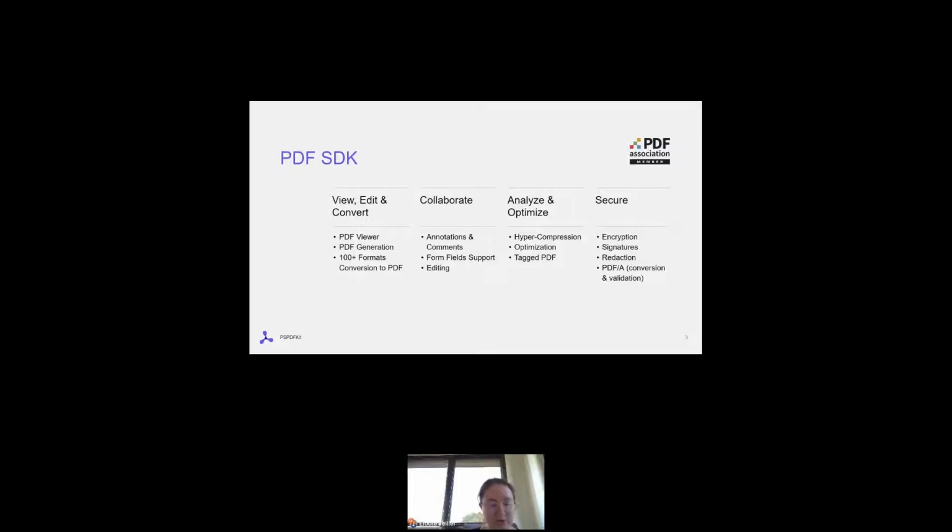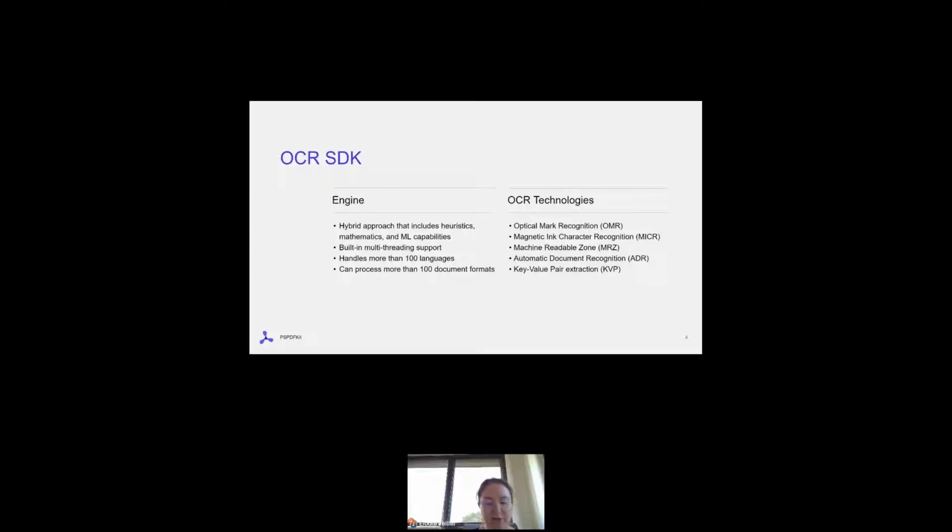With our toolkits, you can tag your PDFs and secure them with encryption, digital signature, redaction, and PDFA conversion and validation. Our OCR engine benefits from a hybrid approach that includes heuristics, mathematics, and machine learning capabilities. We've been working on it for the past 15 years. It automatically adapts to the document and searches for the right approach, making the best use of available resources thanks